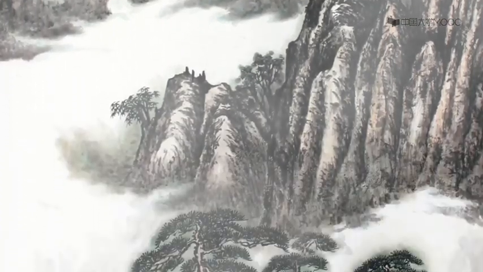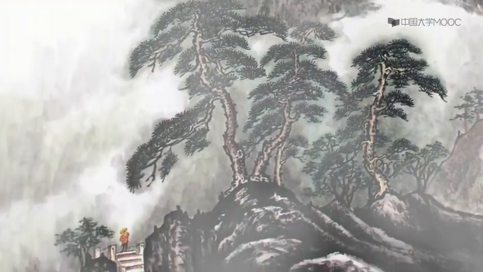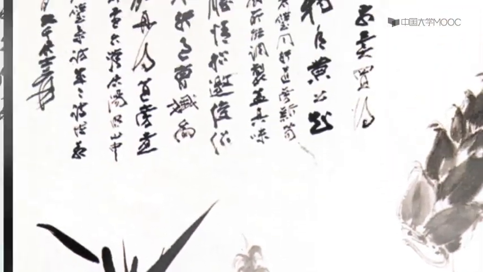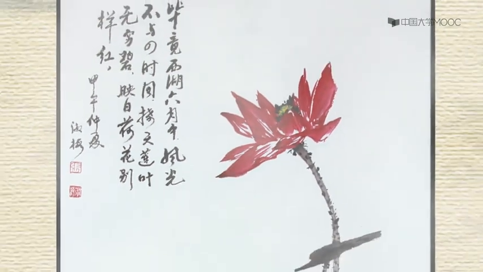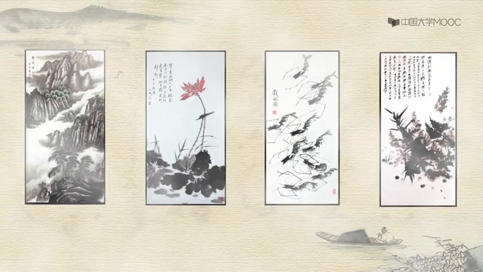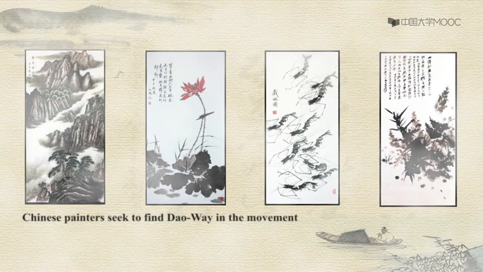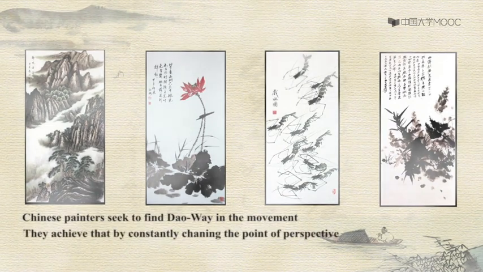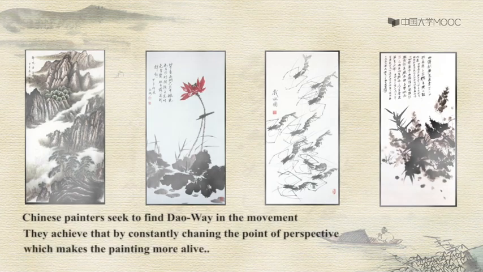But for Chinese, it's a completely different story. They seek to find Tao, or the way, and they want to find this Tao in movement. It's dynamic, and the artists achieve this moving, dynamic expression of Tao by constantly changing the point of perspective in the painting, and that makes the painting more alive. It's also interesting that because of this, in Chinese paintings they very seldom use shades of light. They achieve the result they want without using the shades. So that's what I would say about